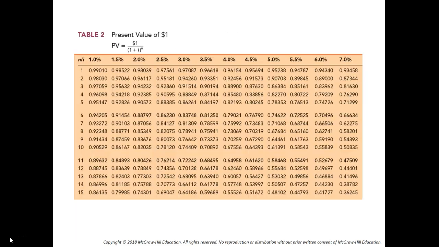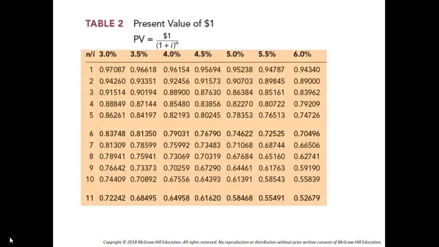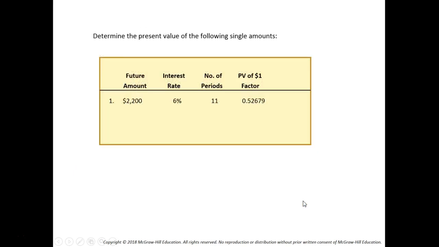We are going to use this present value table to find the factor that gives us the present value. For 6% over 11 periods, we'd use this factor of 0.52679,